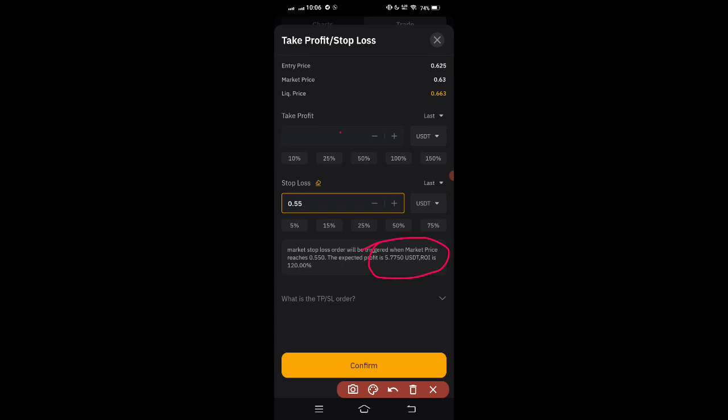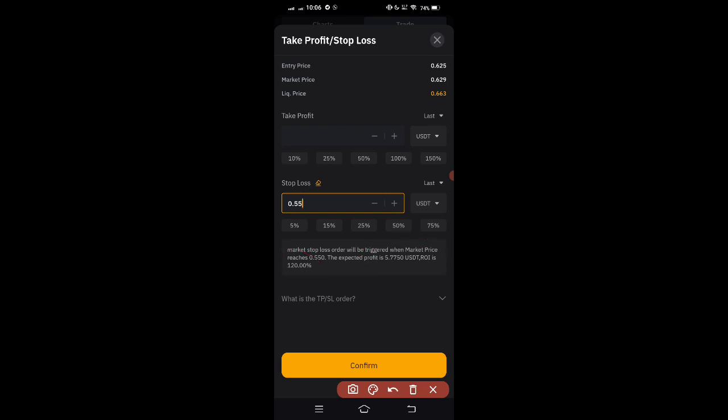Instead of being in loss, I'll be in profit of $5.77, and the percentage of that for my trade is 120%. So like that, if it was a bearish market and I continue like this,